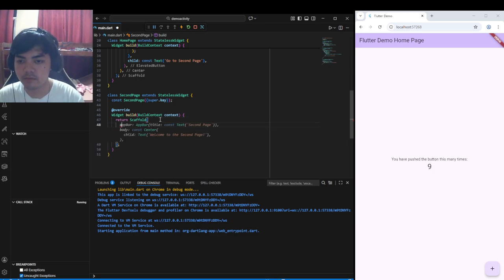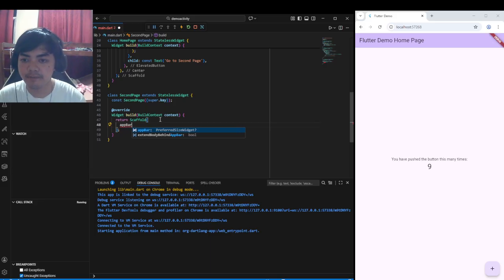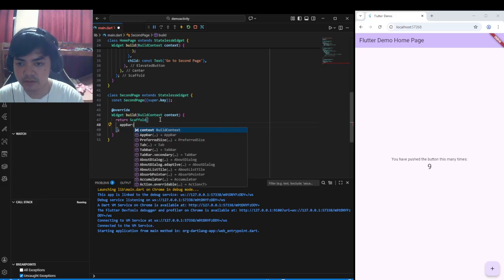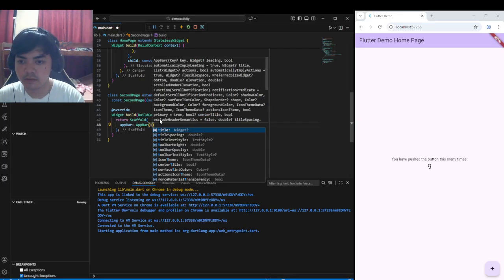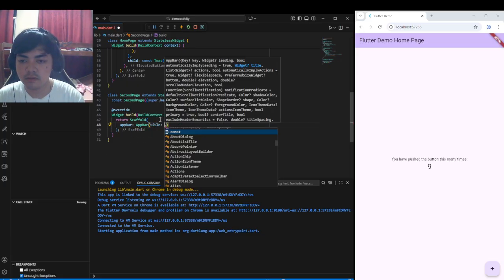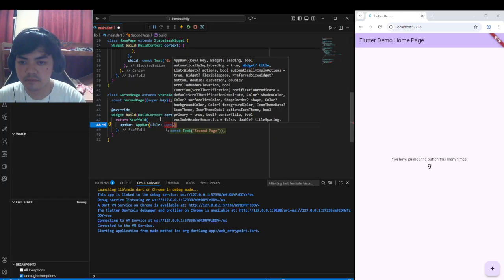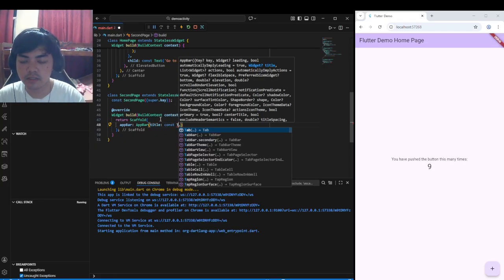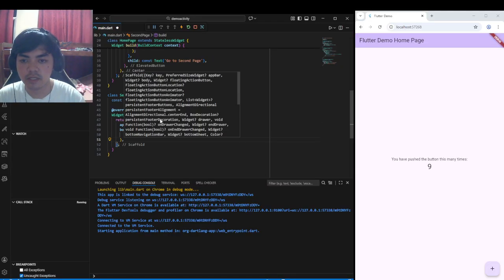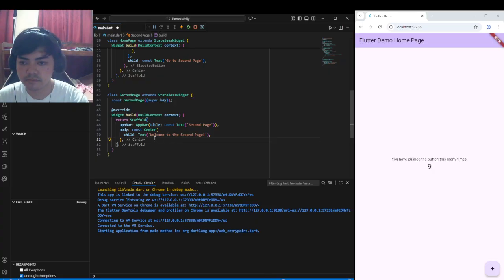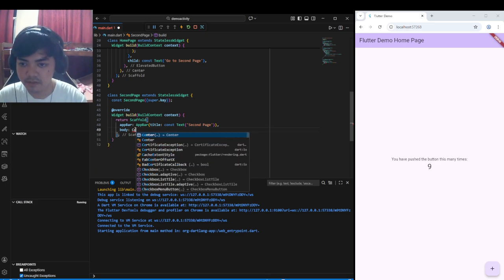And then we're going to create our app bar, our upper navigation bar, with a title, a text, Second Page. Okay, then our body is center.